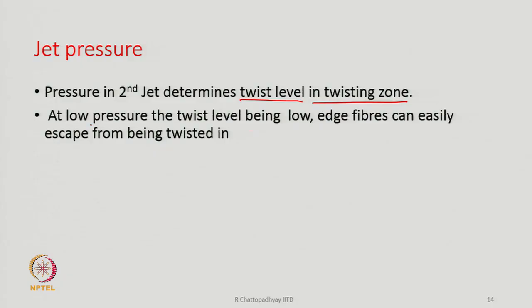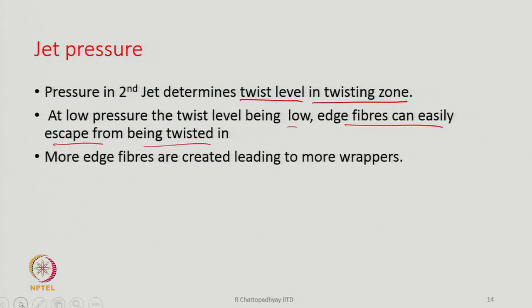At low pressure, the twist being low, the edge fibers can easily escape from being twisted in. That is, when the pressure is low, the edge fibers can easily escape from being twisted in, and more edge fibers are created, leading to more wrappers. So, at low pressures, that basically means that the spinning triangle, if we think like this,